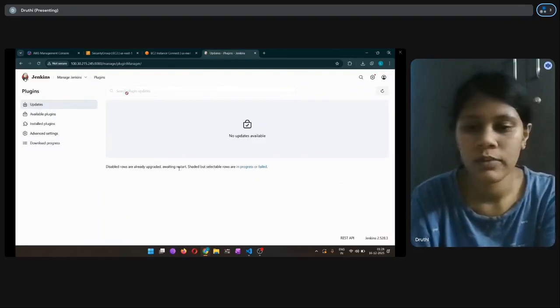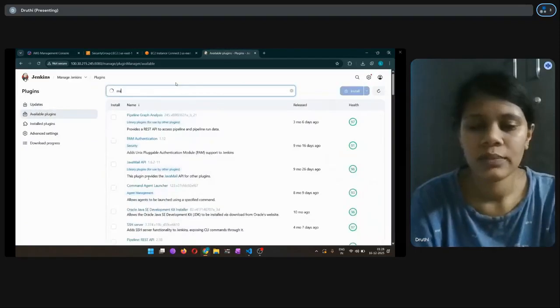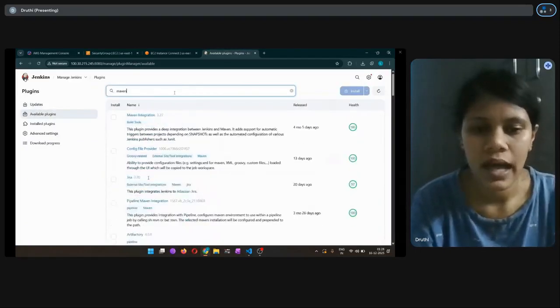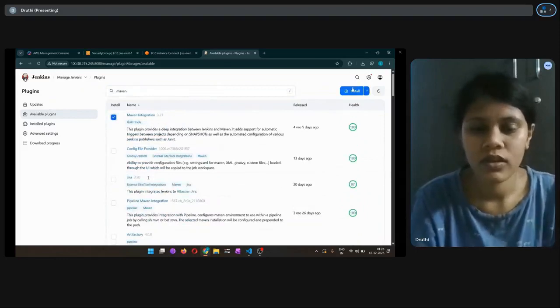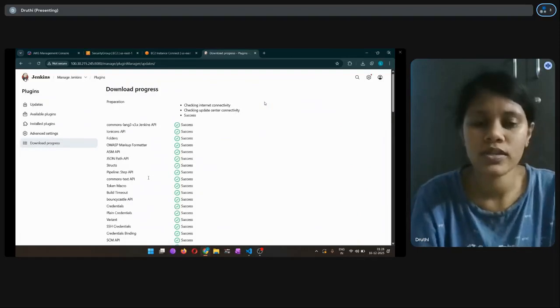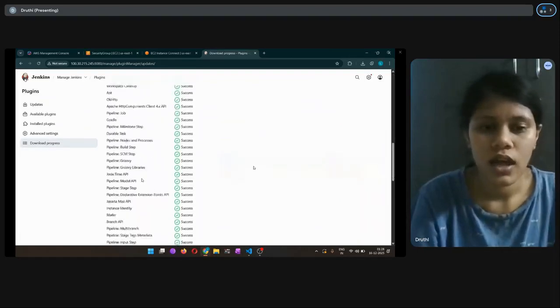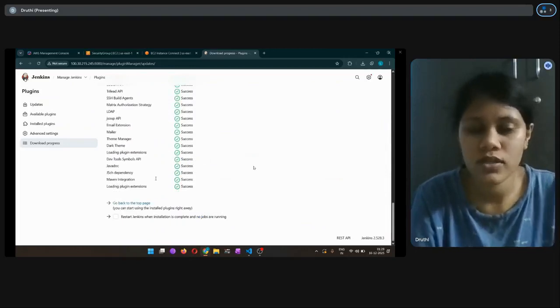Here we go to available plugins, and there we are typing Maven and clicking on it. It is still installing. Yes, now it is installed.